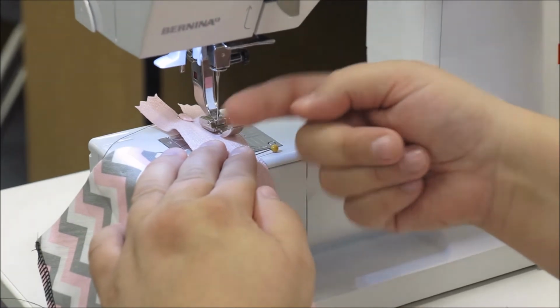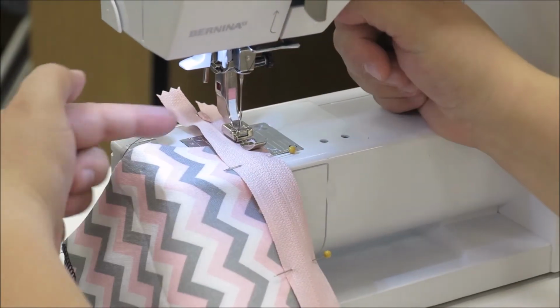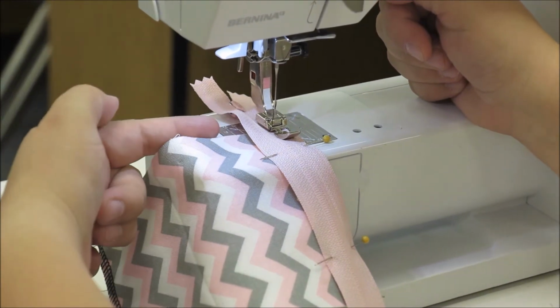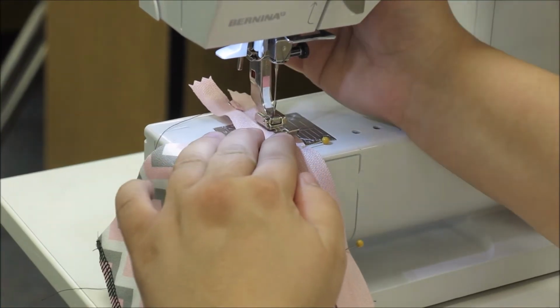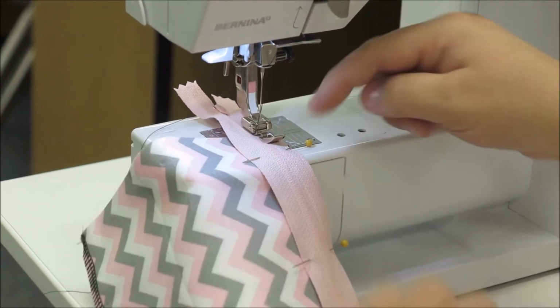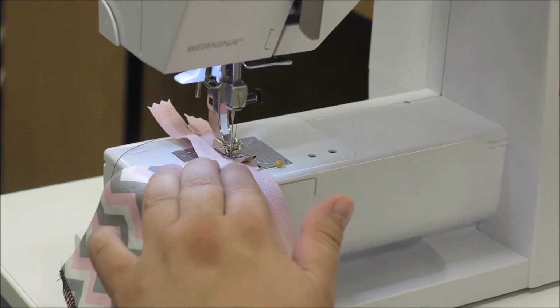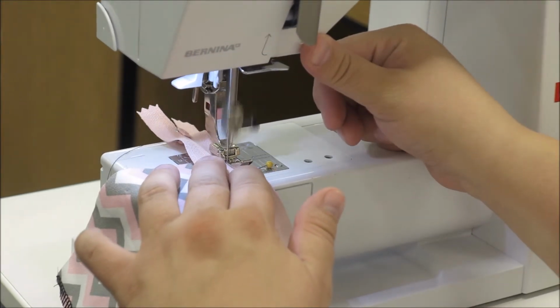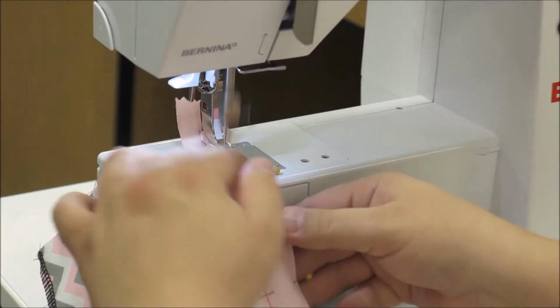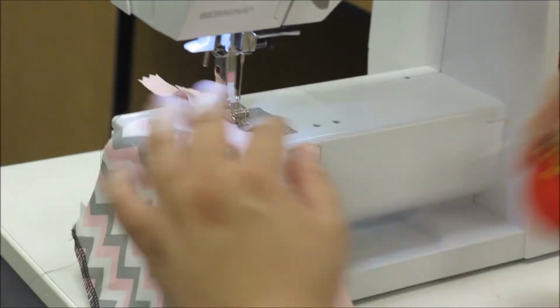But because the needle's to the left, it's going to be next to the zipper. So I'm going to start right where the top edge of my fabric is, and I'm going to follow the edge of my foot on the edge of my zipper. And I'm going to backstitch at the beginning, backstitch at the end. It's just a straight stitch. So here we go. I'm going to backstitch to the edge, and then go to the first pin, take the pin out,